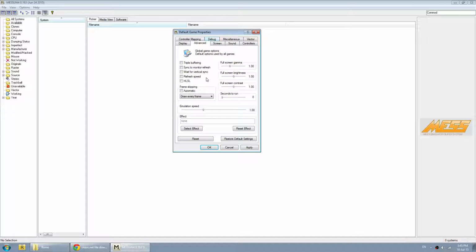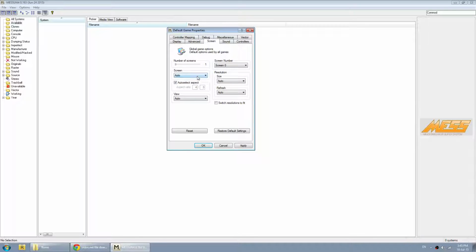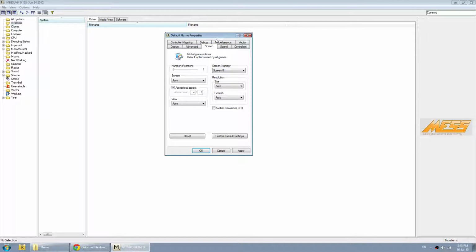What I do here is I love to select overlay effect. Overlay effect is very great for emulating old CRT systems and similar stuff. Okay, the screen, it's the screen that you want to project your MESS. It's very